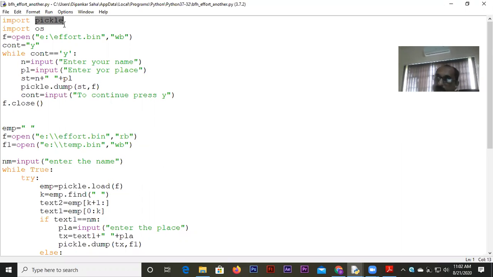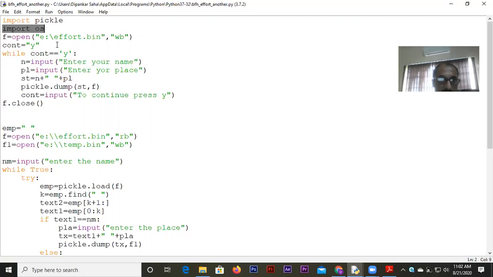And you know that whenever you have to make a permanent change in a file, then we need the help of a temporary file. This kind of exercise you have already done in connection with text file. So remove and rename, those two methods will be important here. And since they come under the module OS, I included OS also here.